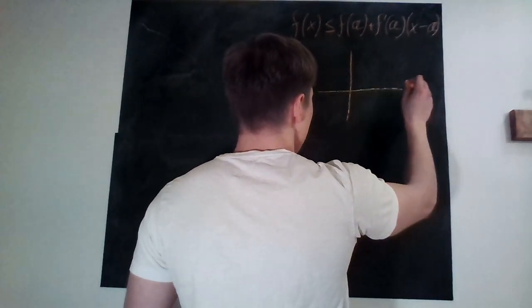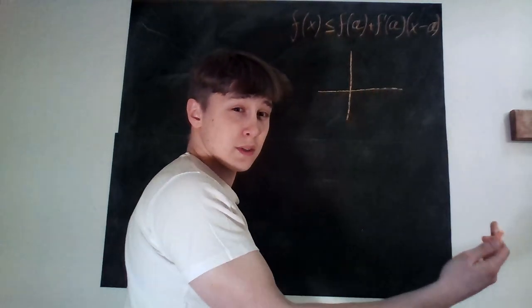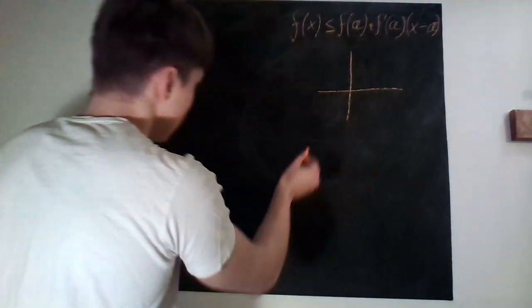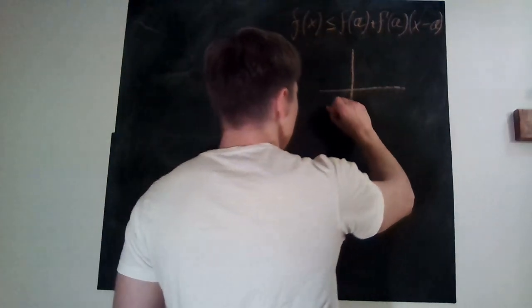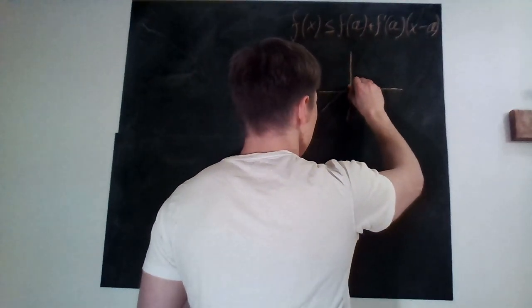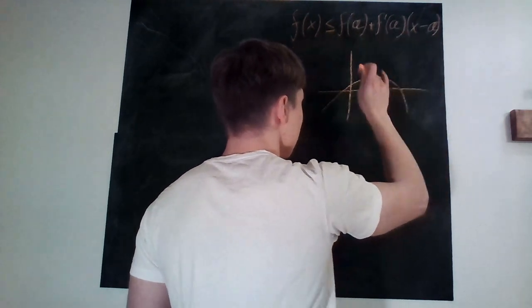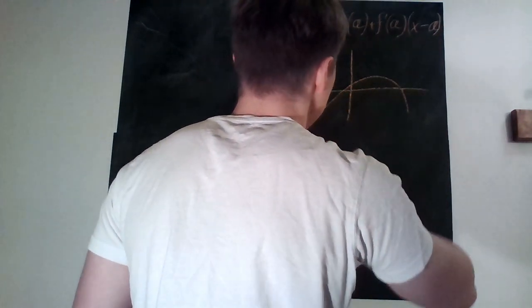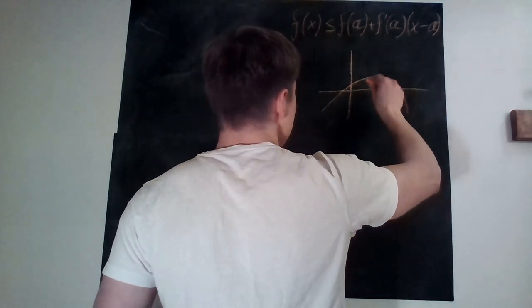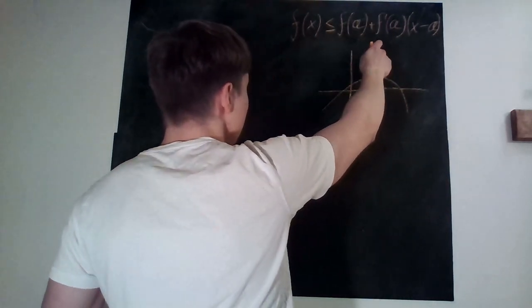So essentially what we have here is some kind of function, right? And since the derivative is decreasing, it can never scoop upwards, so to speak. So maybe it goes something like this. The derivative here is strictly decreasing. So what would this mean? This would mean that for any a,